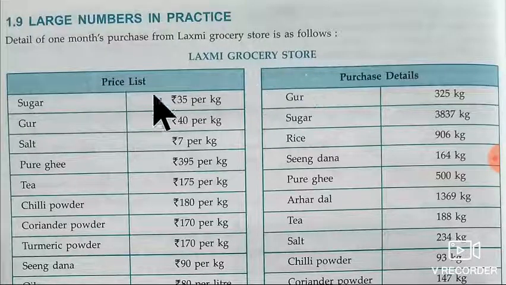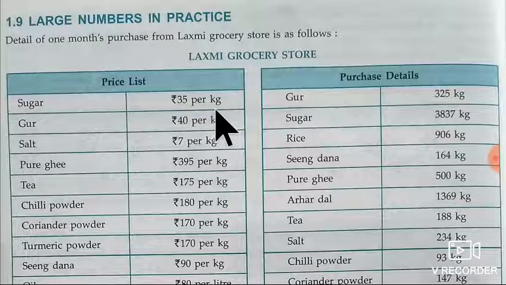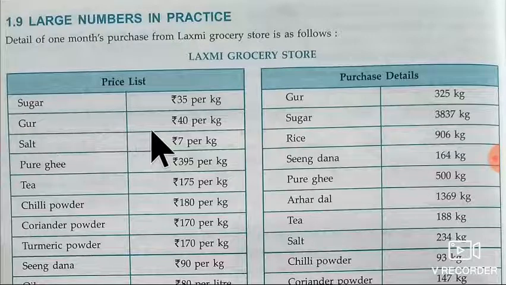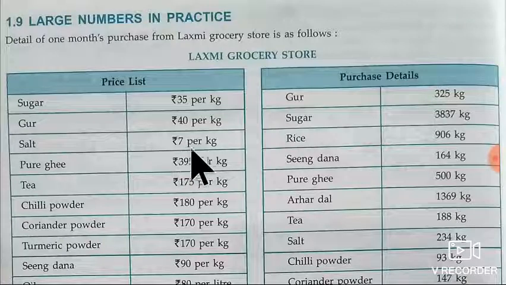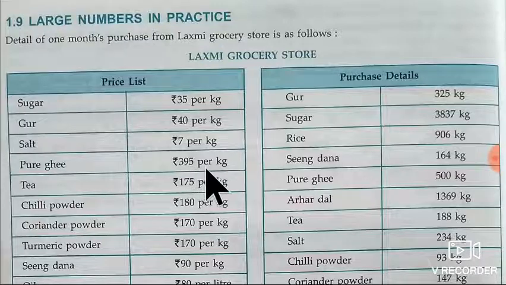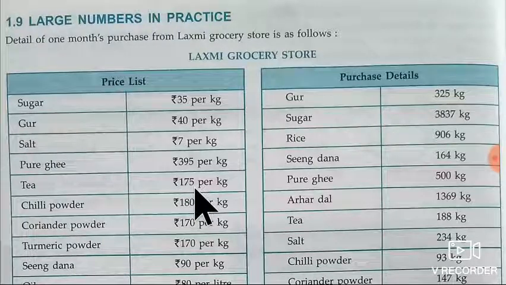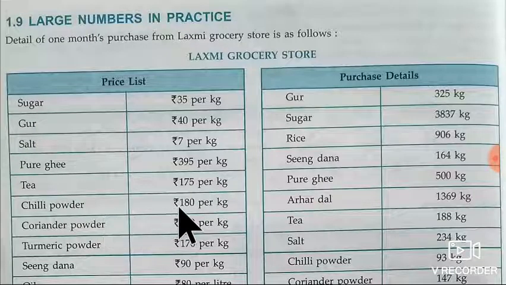Lakshmi grocery store price list: sugar 35 rupees per kg, jaggery 40 rupees per kg, salt 7 rupees per kg, pure ghee 395 rupees per kilogram, tea 175 rupees per kilogram, chili powder 180 rupees per kilogram,